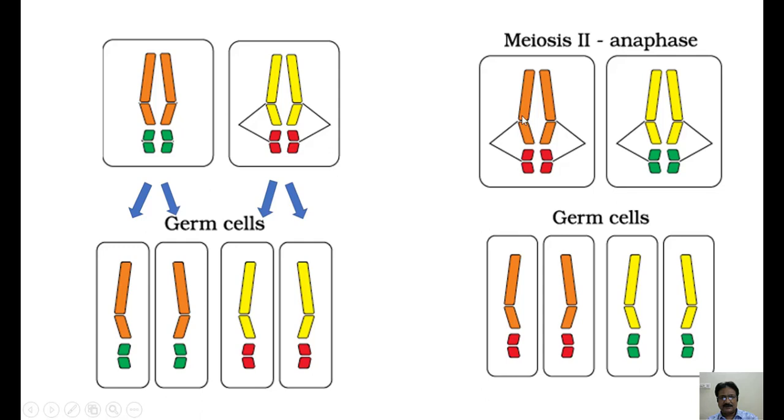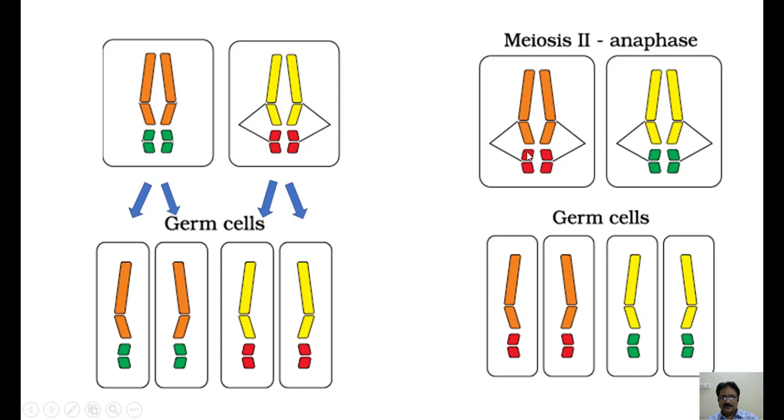Whatever be the combination, that was orange was paired with orange and red, and green and yellow. Now the same thing happens. Here there is again centromeric division, and after meiosis 2, the daughter cells are produced. So here you will see,